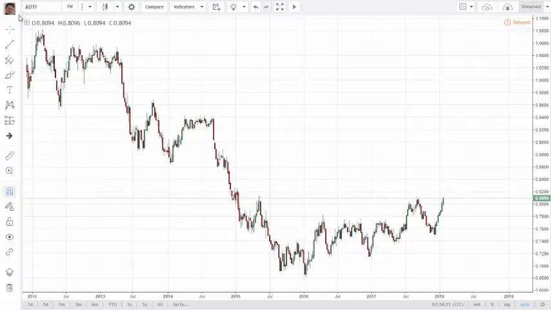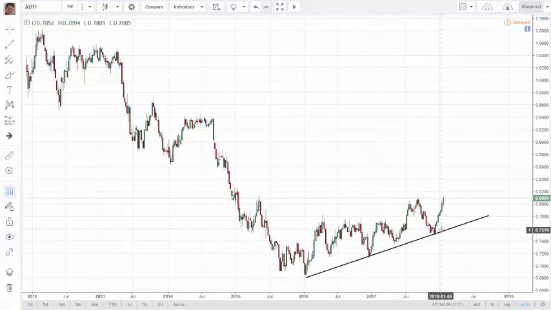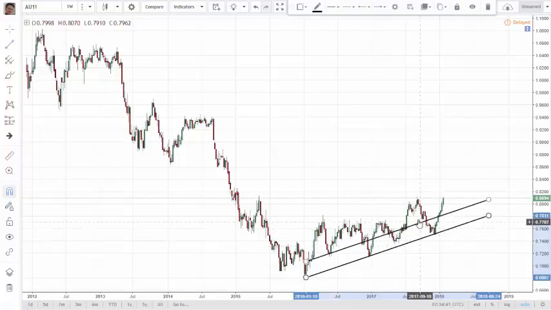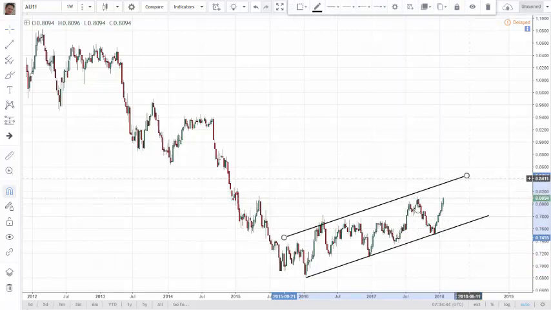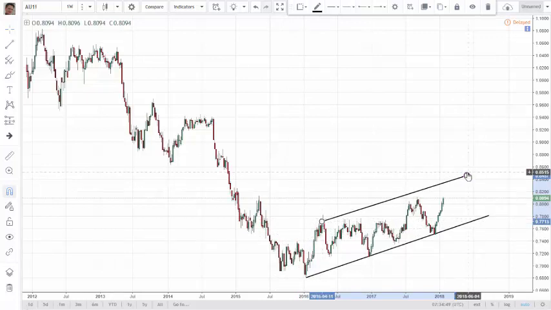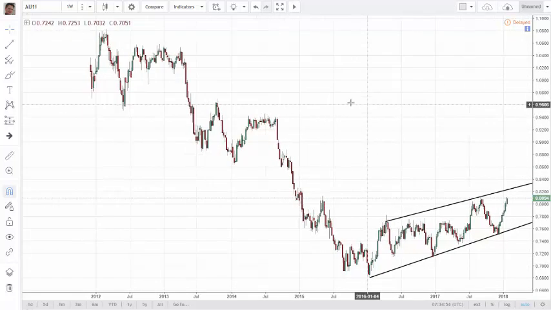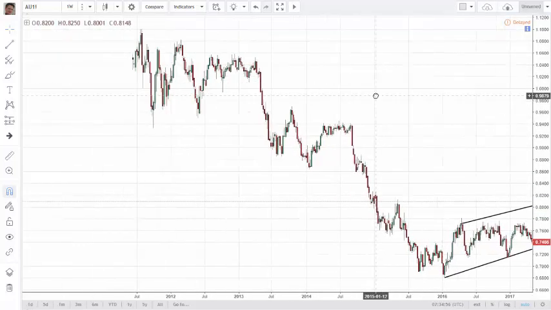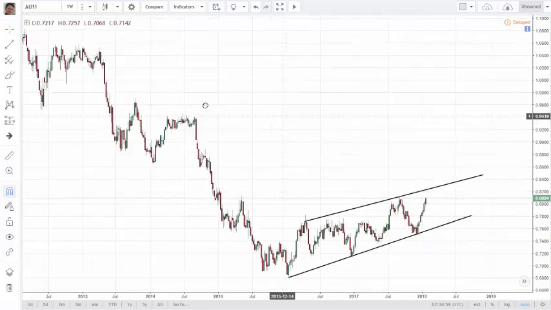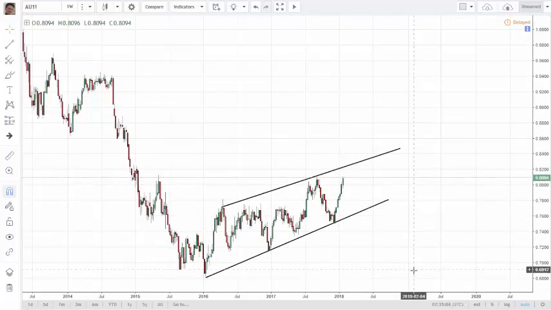Again, we are here at the Aussie. The Australian dollar is getting stronger as well. Very clear picture. Let's put it on. Let's see. This obviously is a channel, but it's moving to the upside. This is a weekly, so for a long time the Australian dollar has been getting weaker and weaker, but for the last year it's starting to get stronger, and it's actually in a quite bullish move right now, but